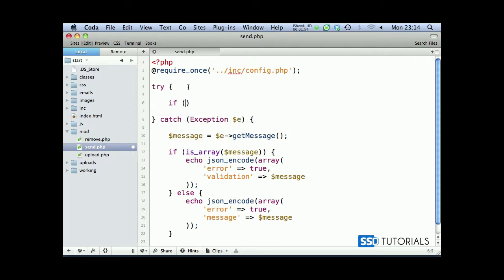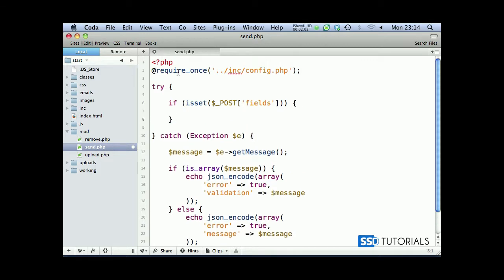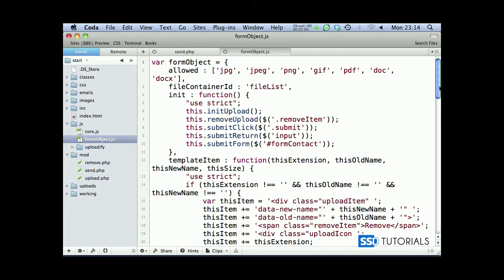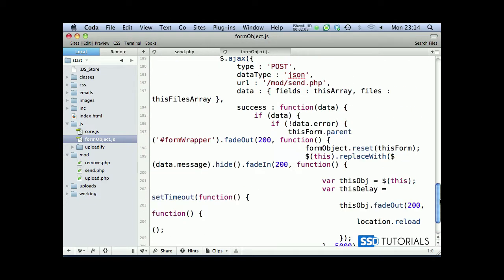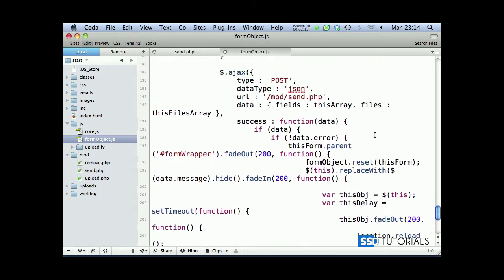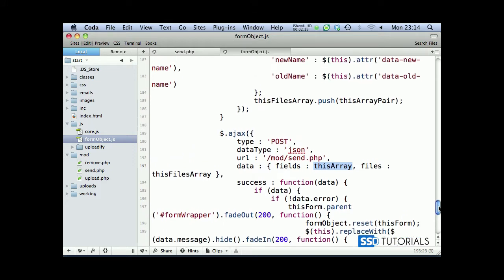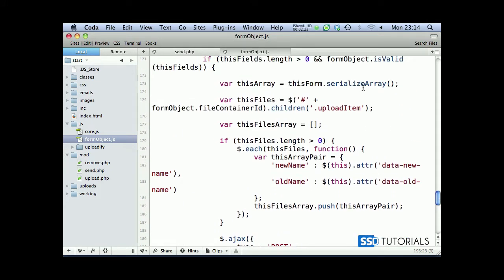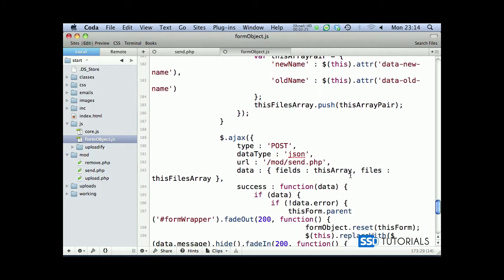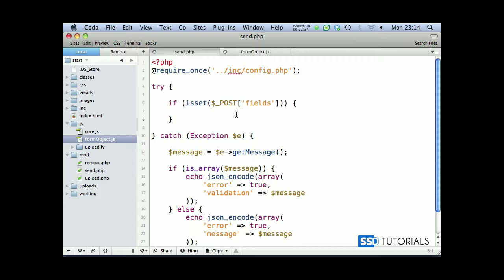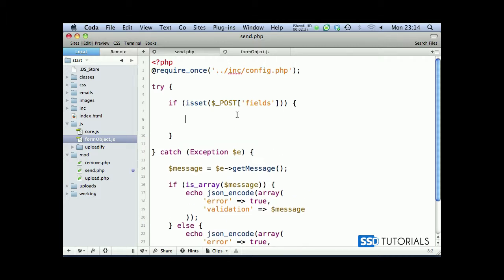Okay, inside of the try, if isset post fields and files. If we open our JS folder, form object, and scroll right to the bottom, you can see that if we scroll up a little bit, we are sending fields, which is this array. This array is basically a serialized array because it serializes all of the form fields and sends them by Ajax. And then files are obviously all of the files which we've uploaded, and we're also sending them as a separate index called files. So we have if isset post fields, then we go for expected fields